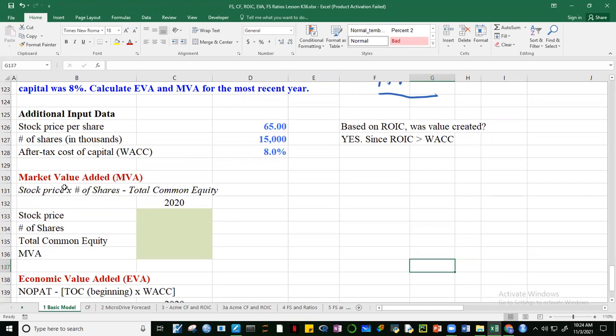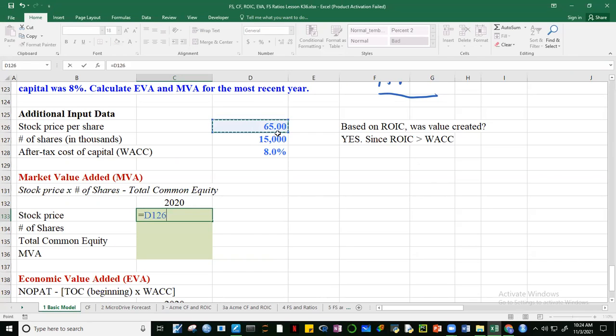How do we compute for market value added? Take a look at the formula. Market value added is computed by comparing the market value. So how much is the stock price now, multiplied by the number of shares? That will be the market value of the stock. And then we subtract the book value, the total common equity in the balance sheet. The difference between that is called your market value added, MVA. Okay, so let's compute for this. How much was the stock price at the end of 2020? The stock was selling at 65 pesos per share. Okay, how many shares